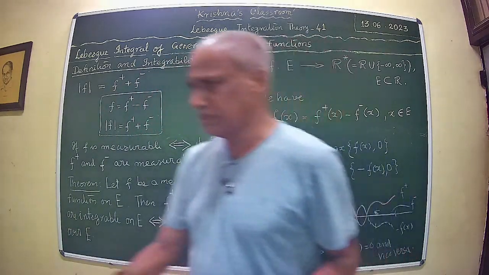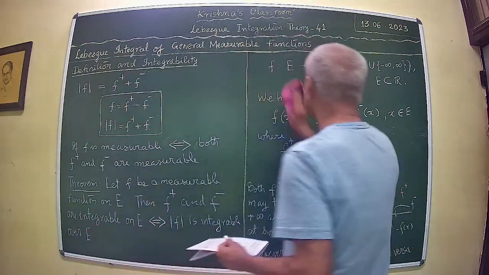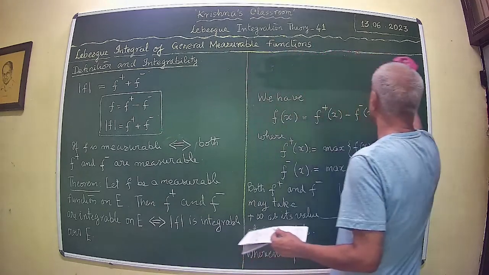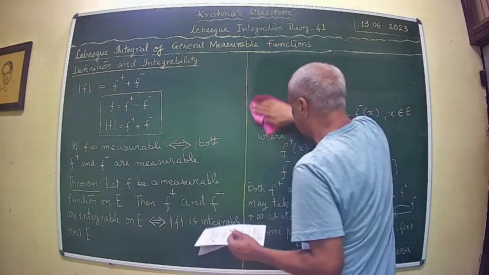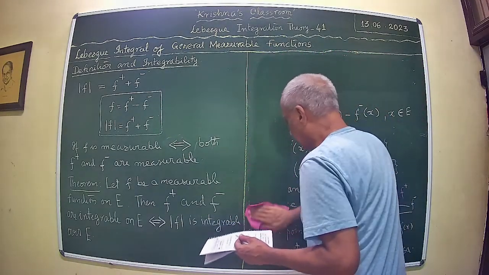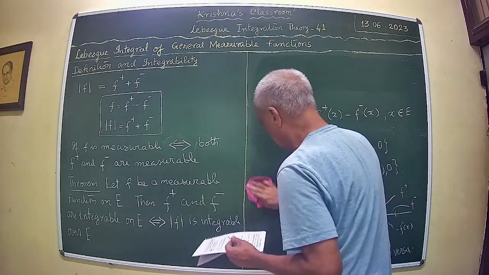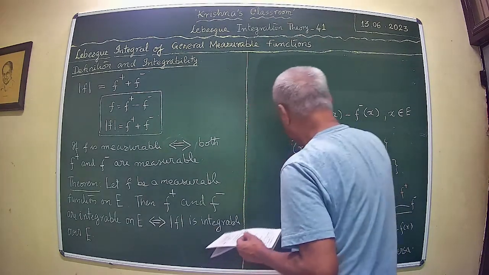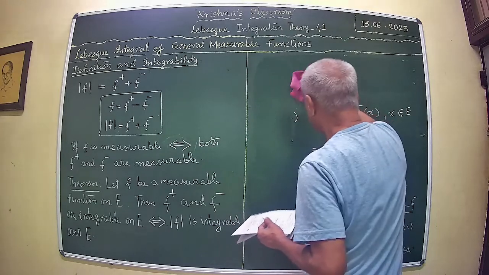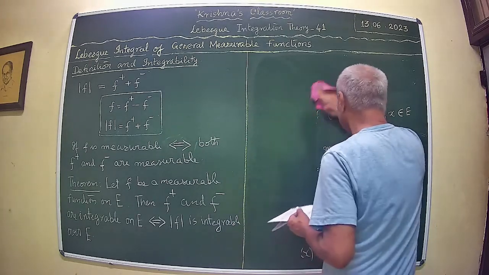That's quite easy to prove. It only uses inequality and what you call for non-negative measurable functions,